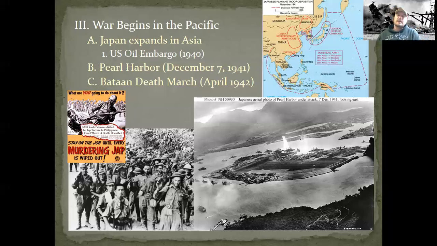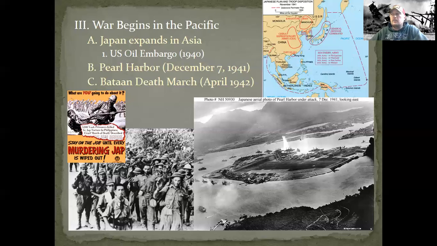Now let's talk about the impact that the attack on Pearl Harbor had. Of those 8 battleships, we'll start there, that I talked about earlier, they were all damaged, first of all, but only 4 of them were sunk. Now, that's a tremendous loss. I mean, that represents a good percentage of the battleships that the U.S. had in its stock at this time. But